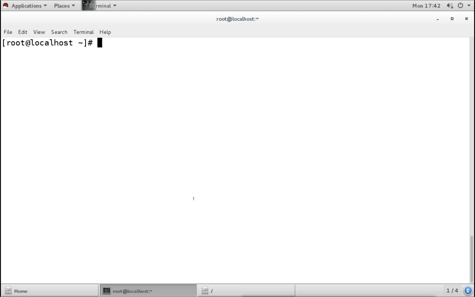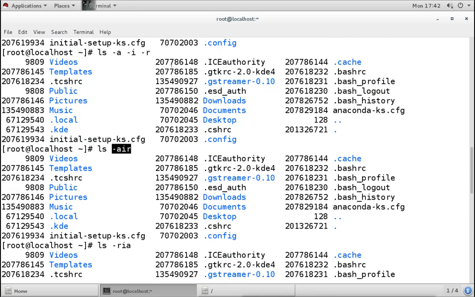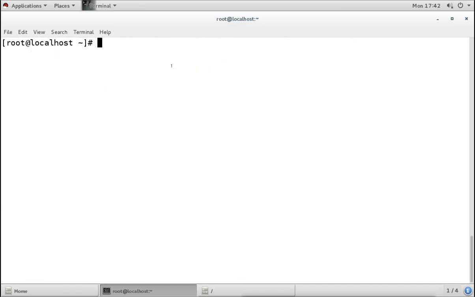Because we are in a graphical terminal, if I scroll up, I can still see those commands. When I run the clear command, it clears the screen, and the rest of the commands go into the buffer, and still they will be there. We can see them when we scroll.